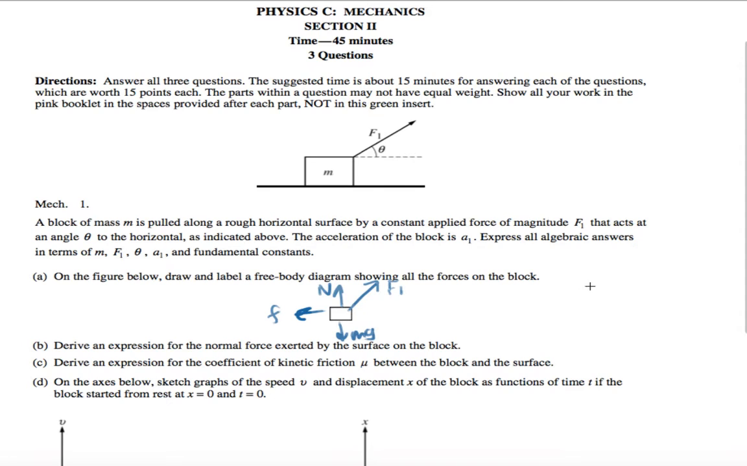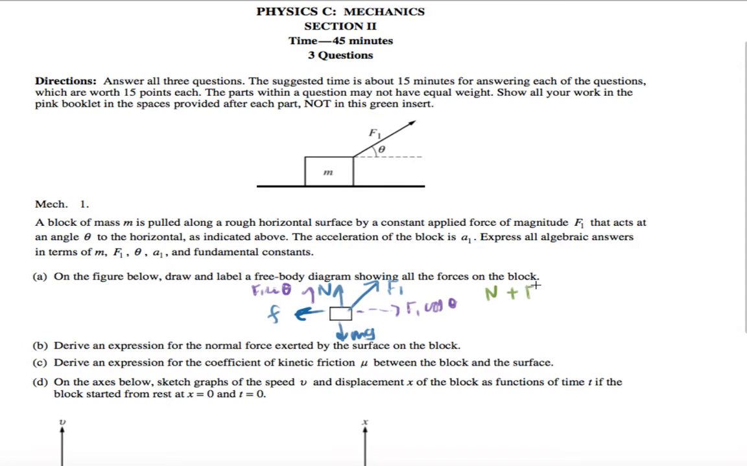Now, I want to know the normal force exerted on this block. Let me actually split this F1 into components. So I'm going to have F1 cos theta going to the right, and I'm going to have F1 sine theta pointing up. So when I want to actually solve for the normal force, I'm going to have the normal